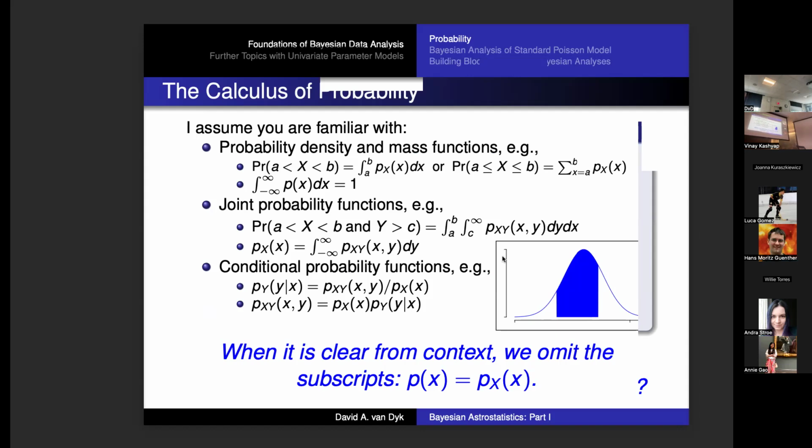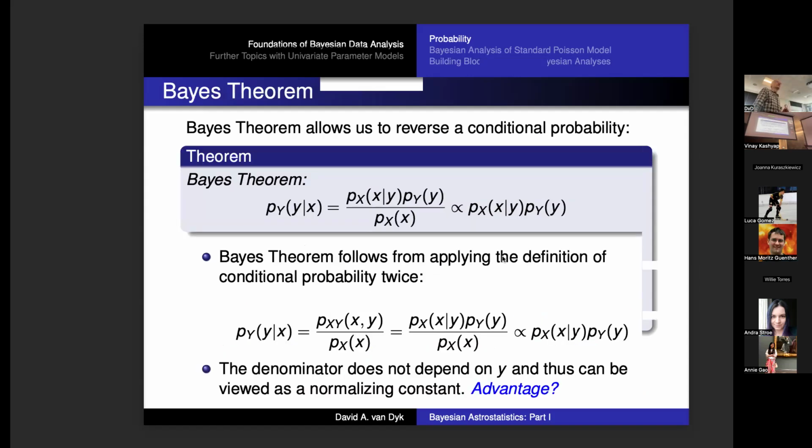When we have more than one variable, we can say, given that one variable takes a particular value, what's the probability that another variable takes a value? The way we get at that is by computing ratios of probabilities. Okay, so that's basic probability calculus. And it leads to what's called Bayes' theorem, which, as you might guess, is fundamental to Bayesian statistics.